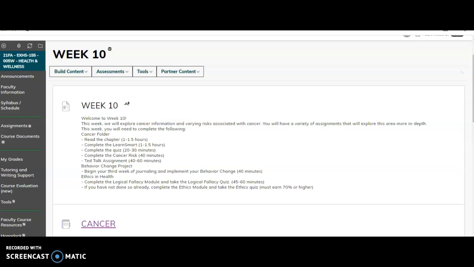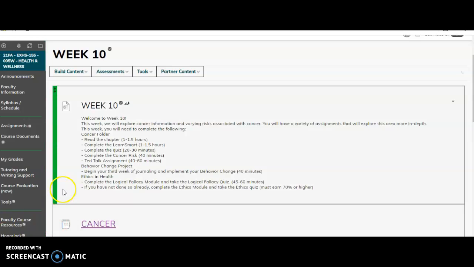This week we are going to continue moving on. We are now exploring cancer, and this week is focused on understanding different types of cancer, what the different causes are, and areas of prevention and treatment. So you'll have a variety of assignments as normal that you'll be looking at and reading through in order to understand this